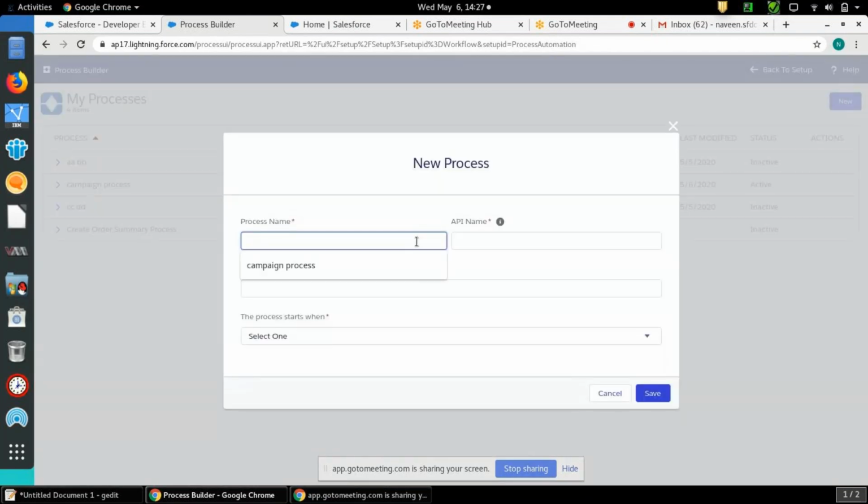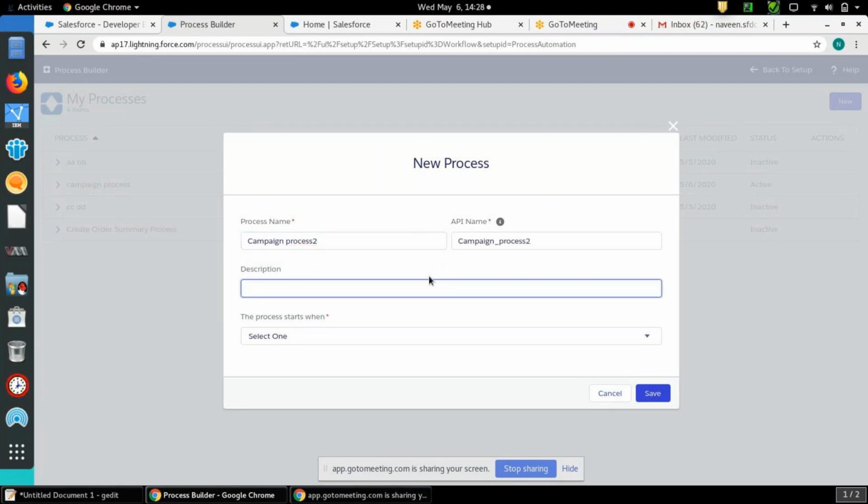Okay, since I'm creating for the campaign object, I'll mention the related name: campaign related campaign process. Okay, description.